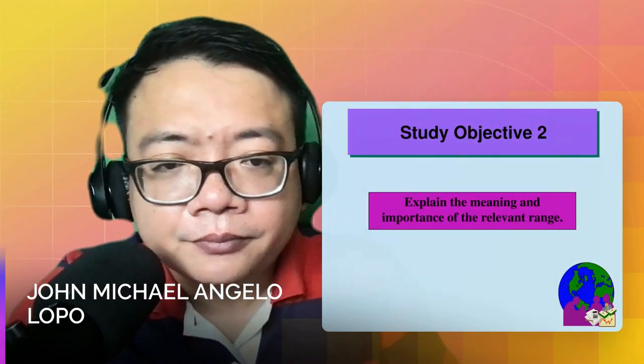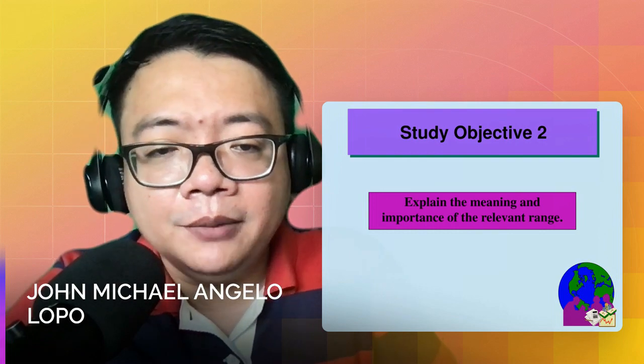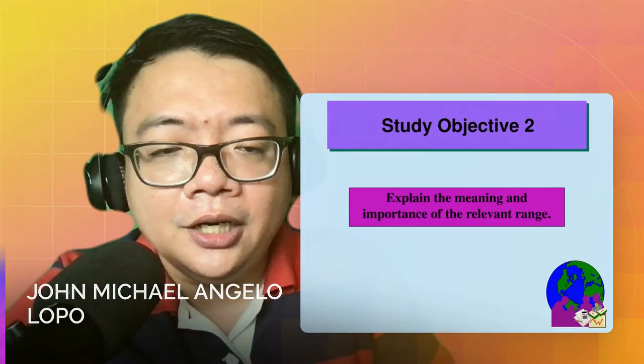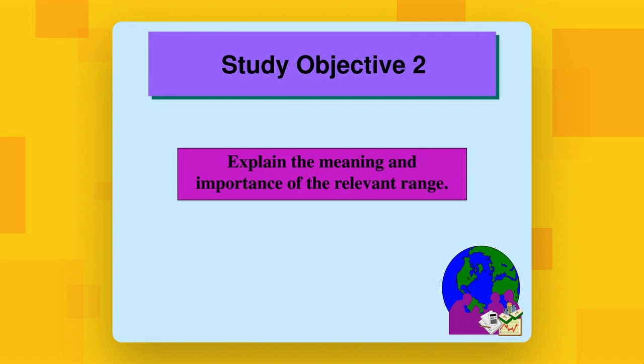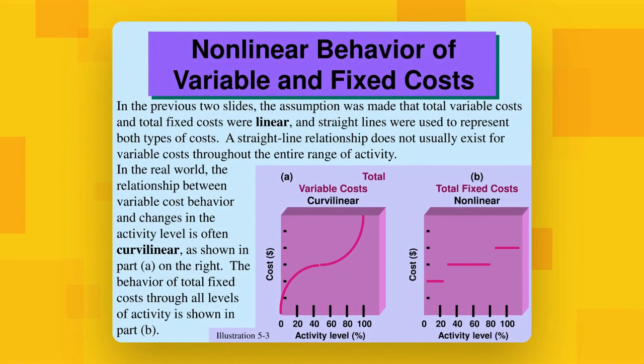Okay, next one. Explain the meaning and importance of your relevant range. So ano bang ibig sabihin, class, ng tinatawag nating importance and the relevance of your activity level? Okay, ito yan, class, no? In terms of a nonlinear, behavioral, also variable and fixed, please take note. So pag curvilinear, if you notice, parang hindi siya yung pag tumaas yung product or sales, it will also increase